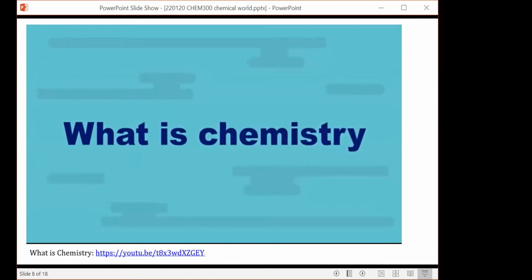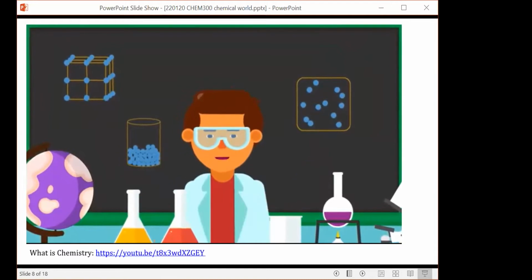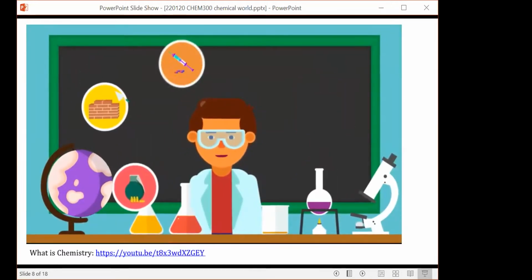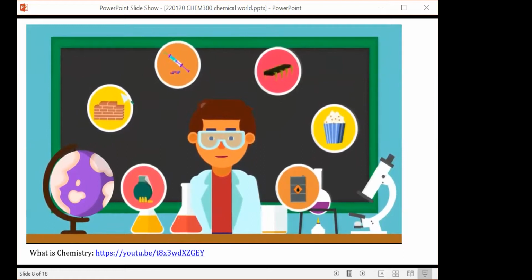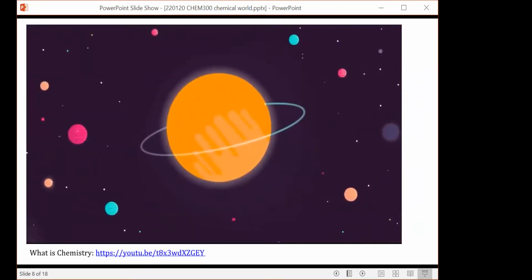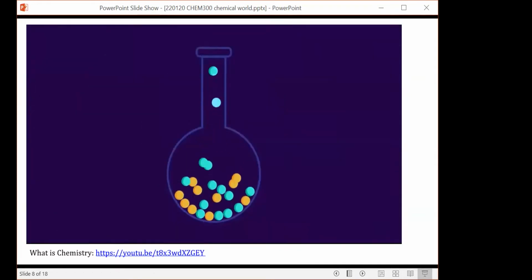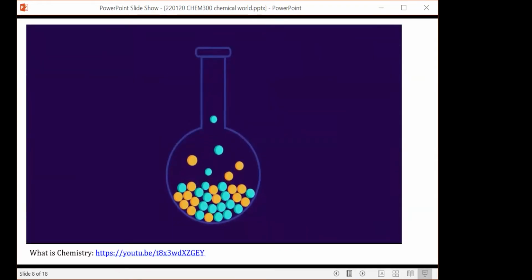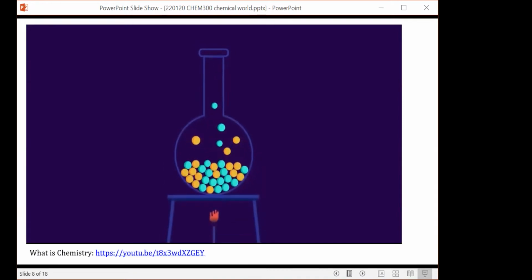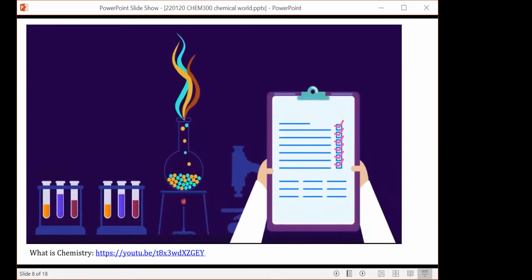What is chemistry? Chemistry is the science of matter. This may sound simple, but chemistry is a complex and broad topic that covers a wide variety of fields. From the core of the Earth to the farthest reaches of the universe, chemistry is everything and everywhere. Chemistry, a definition. Chemistry is the study of matter, including its composition, properties, and structure, how it changes, and how it interacts with energy. This is a pretty simple definition that sums up what is actually a complex and fascinating